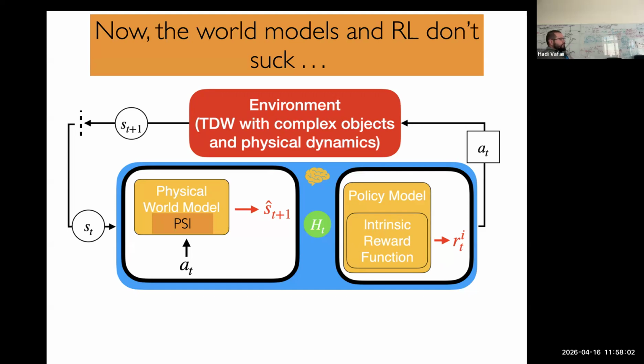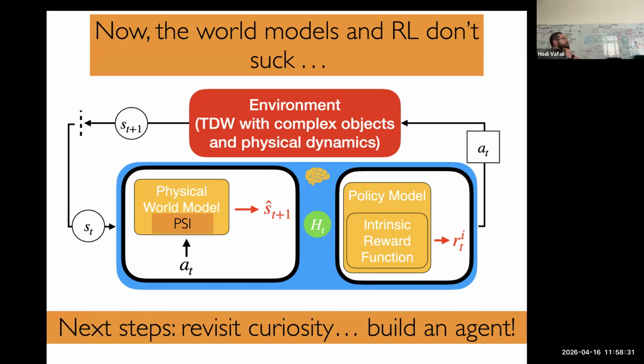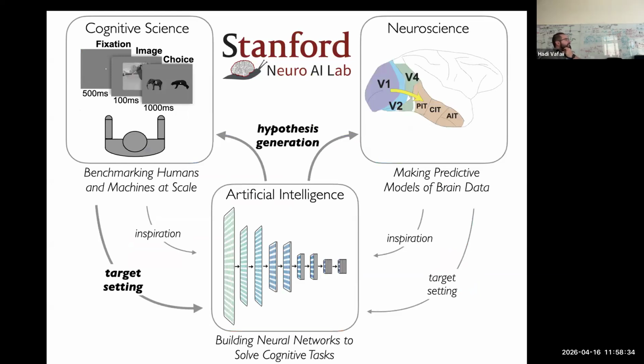And so now I've gotten quite interested in this again, which is the idea to revisit the curiosity concept. In particular, the question that Allison was asking, where do those language traces come from to begin with, is something that we should be able to deal with much more efficiently here. So basically, the claim is that better physical world models allow you to formulate intrinsic reward functions, that is to say, artificial curiosity functions, that are much more powerful than we had before, hopefully, and then revisit this concept. Okay, so that's basically what I had. I think we're close to the end of time, but if there are some questions, it's a good time for that too.